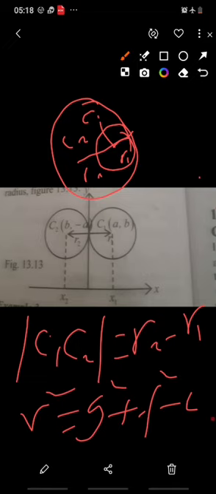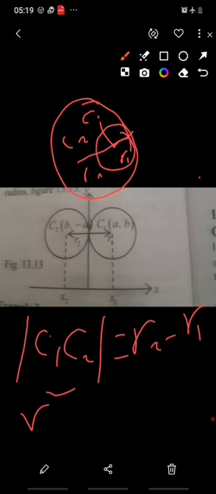To derive that, let's also consider a case in the illustration, the diagram over here. Now here we have two circles touching externally. So here, to get the length between their centers, between C1 and